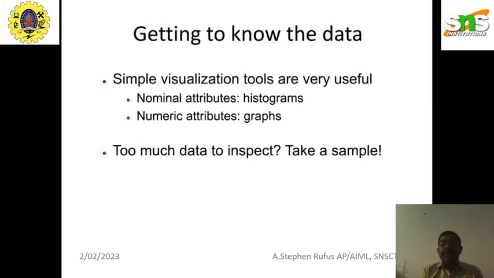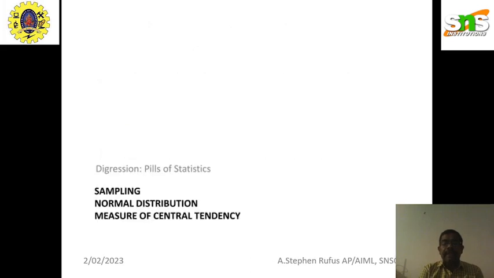The visualization of the data has to be classified into two things: one is nominal attributes and another is numeric attributes. Nominal attributes use histograms, and numerical attributes use graphs. We already studied all these things in our school days, so you already know what histograms and graphs are. Histograms are always talking about a bell kind of shape, or they may have skewness, representing the data in some order. But in numerical ways, we can represent graphs on an x-axis and a y-axis. The x-axis may represent one kind of quantity, and the y-axis may have another set of quantity.